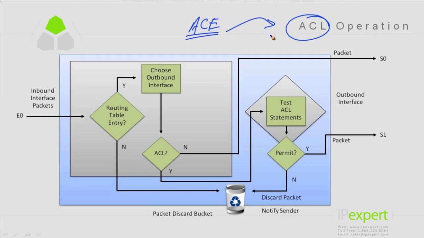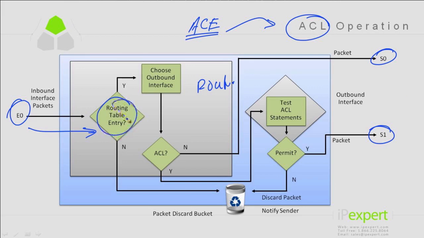Now, when we look at this, let's assume that this entire box is a router. So we see E0, S0, S1. So we have two serial interfaces and an Ethernet interface. Now, if we have inbound packets coming in on this interface, we first need to look up our routing table entry. If we have a prefix, it's going to move forward and pick an interface to switch it to. If there's nothing, it's going to get dropped and put in the discard bucket. So assuming that we have a route in our routing table,